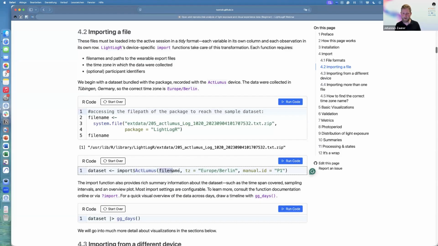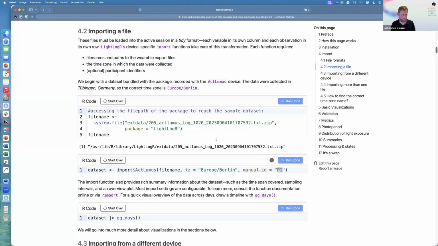And we provide the file name, we provide a time zone where these data were collected, and because we need some kind of identifier for the participant that we are importing from, and we don't really want this to be this long file name, we just specify it manually as P1. And if we run this code,